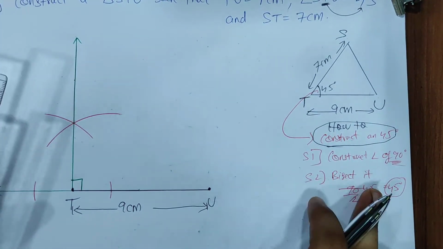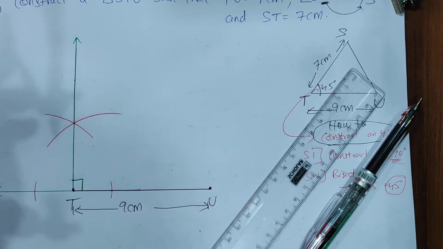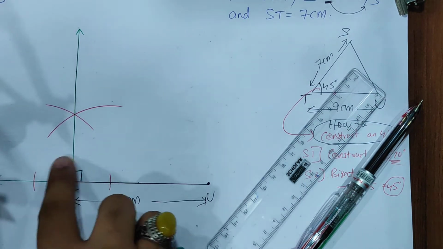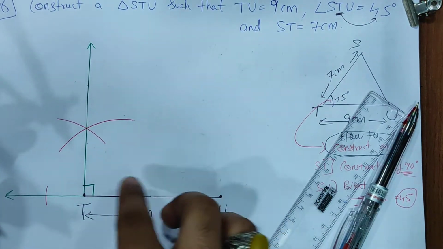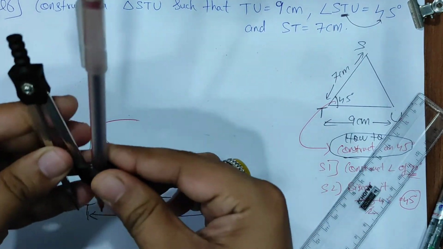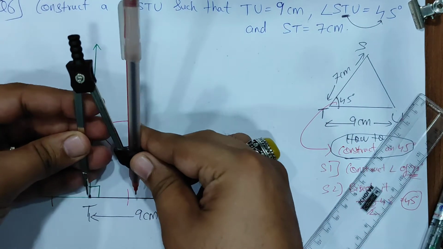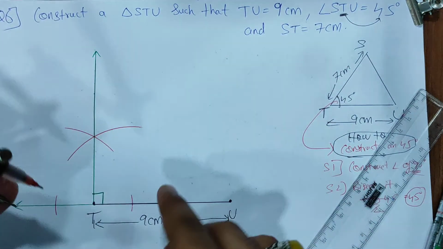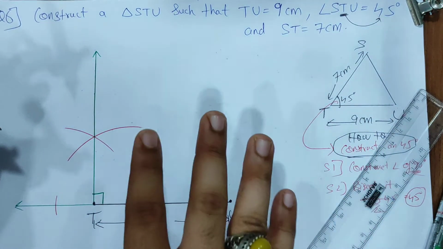Now step 2 is bisect it. How to bisect it, all of you? It was preferable that we should have drawn a semicircle over here, but I just forgot to draw that semicircle. Now it's telling you how to bisect this 45 degree. You can take any radius in your compass. It's not necessary that it should be the same as earlier. At the time of teaching you 45 degree, I had taken a complete semicircle, but this time I forgot to make a semicircle. So it's no issue. We just have to bisect it, right?